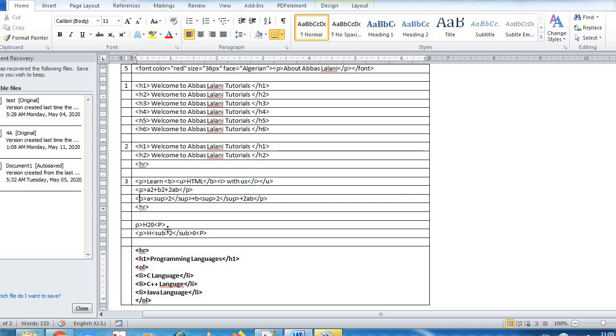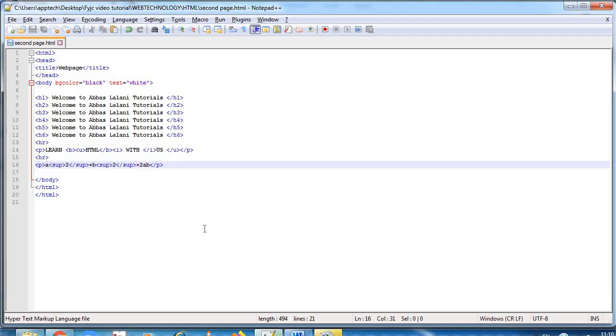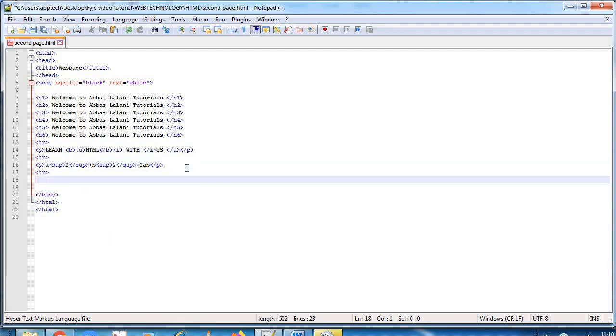Now we'll use another example, that is H2O. This chemistry formula we will use. Make one HR tag, so one line will be created. So this is P H2O. Now I want 2 to be down.